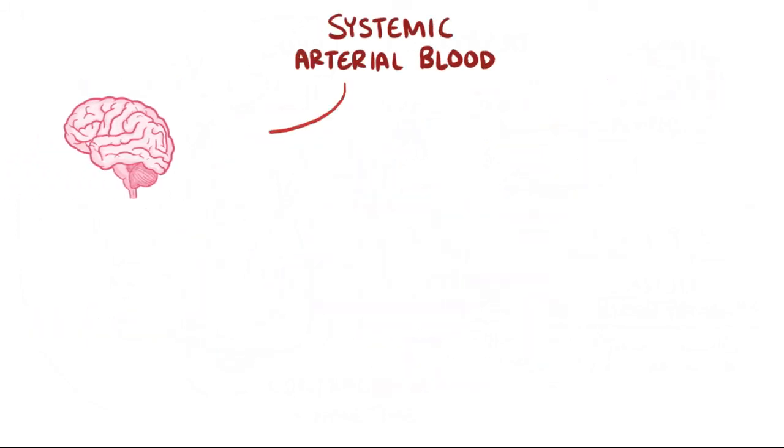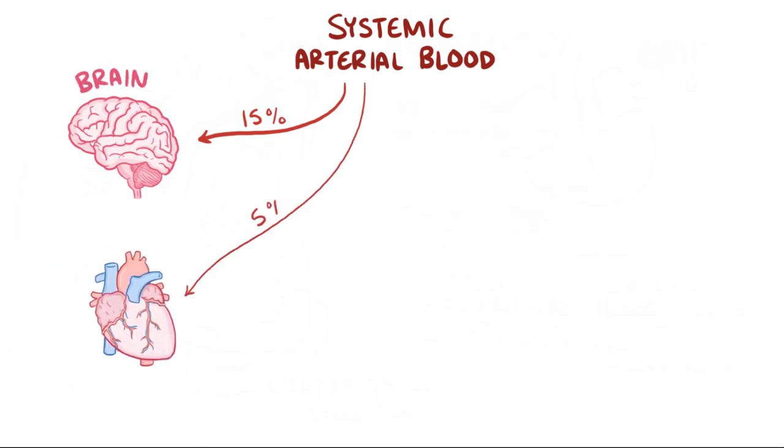Now, in terms of where all that systemic arterial blood goes, about 15% goes to the brain, 5% nourishes the heart itself,